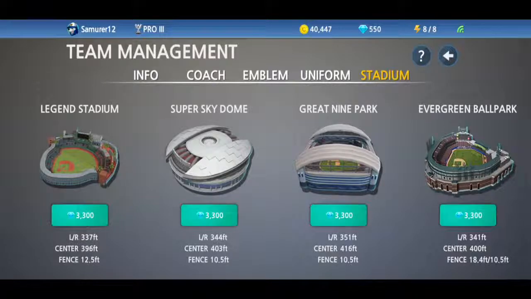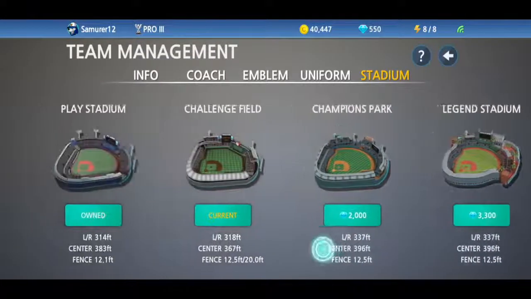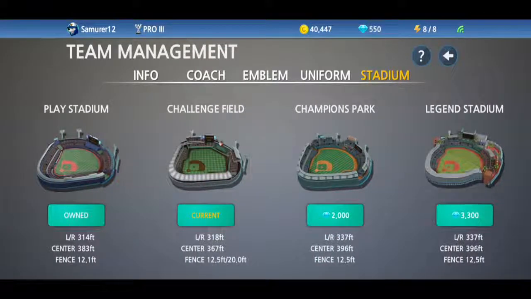However, it does require you to spend money on gems in this case. For example, if you want to get the Evergreen Park, it costs 3,300 diamonds. Its fence is a lot higher, and the center field is a lot shorter than the Great Nine Park. However, it is within the average in comparison to the current fields that I have, which is the 367 feet